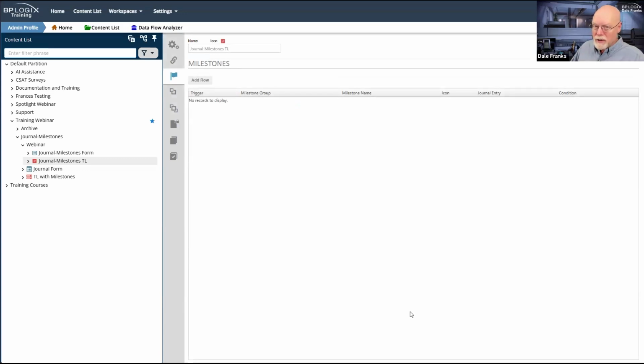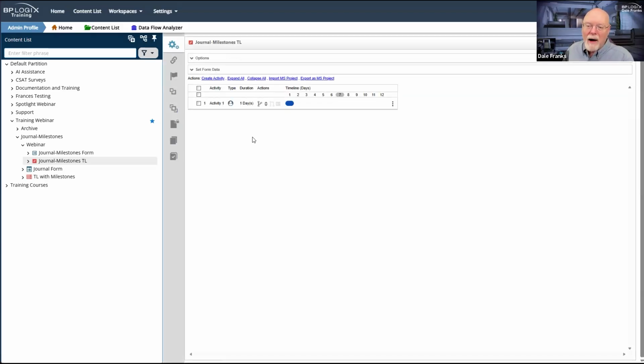Milestones are custom events that are associated with your process. Now, normally in a process timeline, we have events, for example, a process timeline activity. For the process timeline itself, there's a process timeline start event, an activity start, an activity end, and a timeline complete.